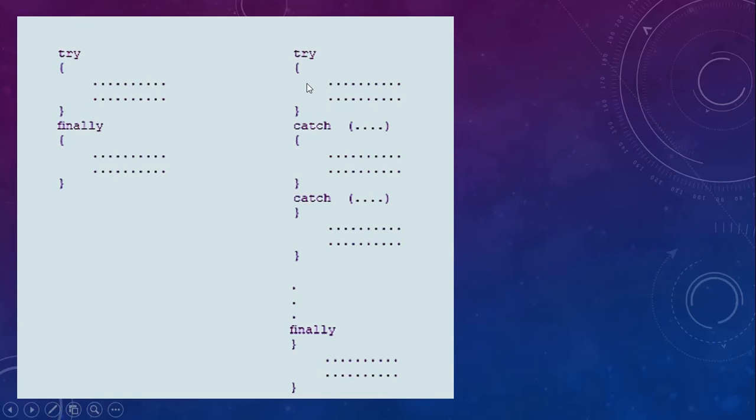Now if the exception object is of a particular type, then this catch is going to handle it, or the next catch is going to handle it, and so on. And finally, if none of these catch statements can handle that particular object, then the finally block will surely handle that particular object which is thrown out by the exception handler mechanism. So if not this, then definitely the finally block will be executed.